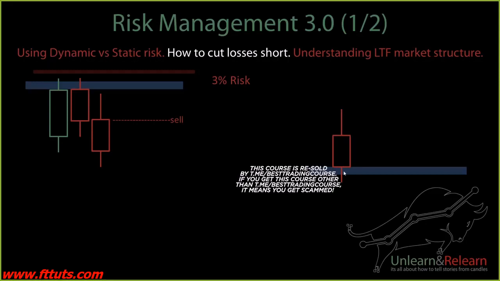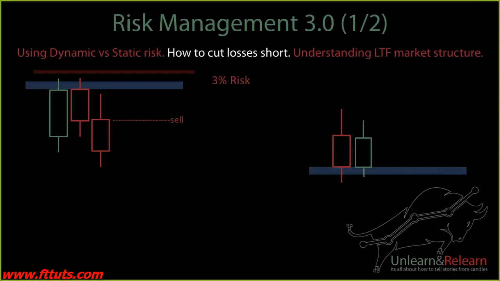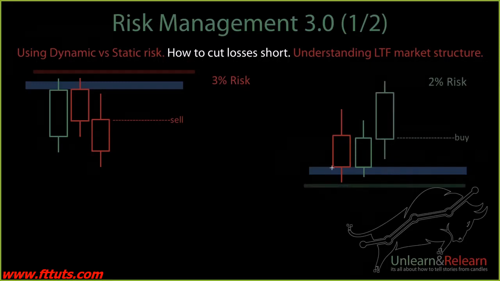So let's say you have a support, right? And candle is coming down towards support, it's bearish. And based on what we've learned, let's say this is a 1 hour support, right? And someone is saying, okay, if the candle has closed bullish, now there's a high chance that the next candle might continue going bullish, right? So if you think that the next candle is going to continue going bullish, now someone can say that, okay, I might want to take a buy and I might want to put my stop loss below the previous candle